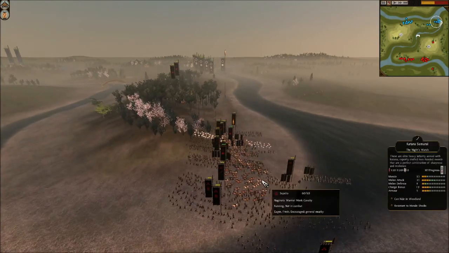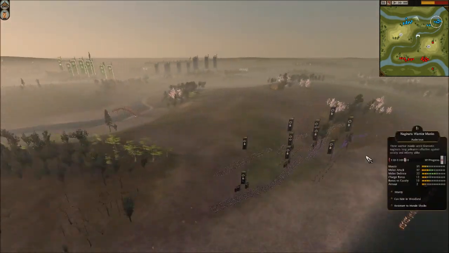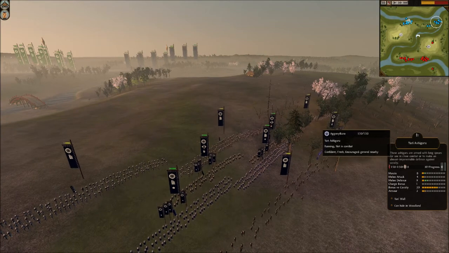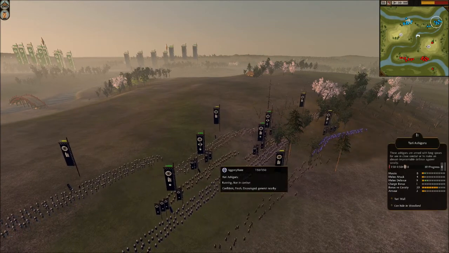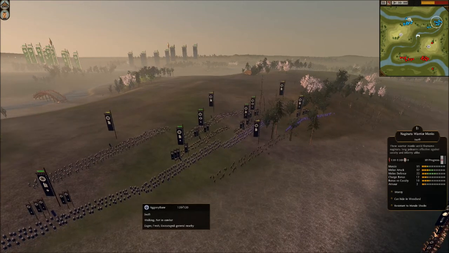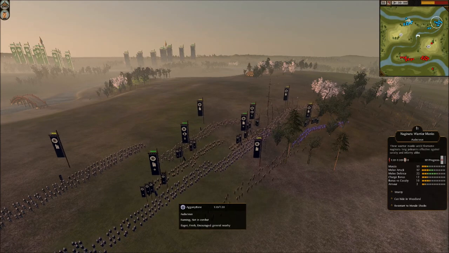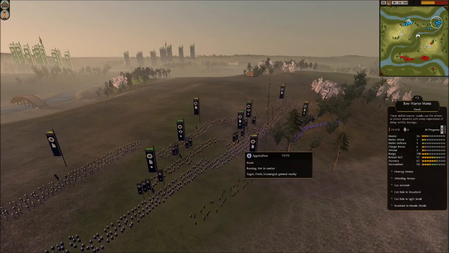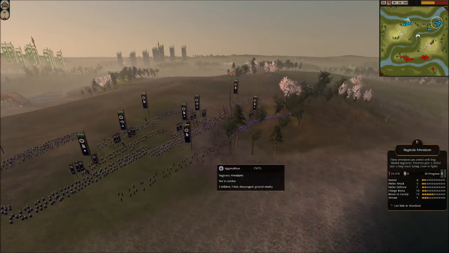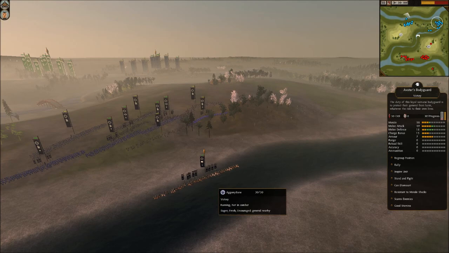Mine is kind of messed up at the moment because I was rushing to go left here, but we'll take a look at that in a minute. Bane has 3 Yari-Ashigaru, unranked, a unit of warrior monks, several units of Naginata warrior monks that are about level 5 I think, and he has a few warrior nuns I think, warrior Naginata attendant, and he is sporting